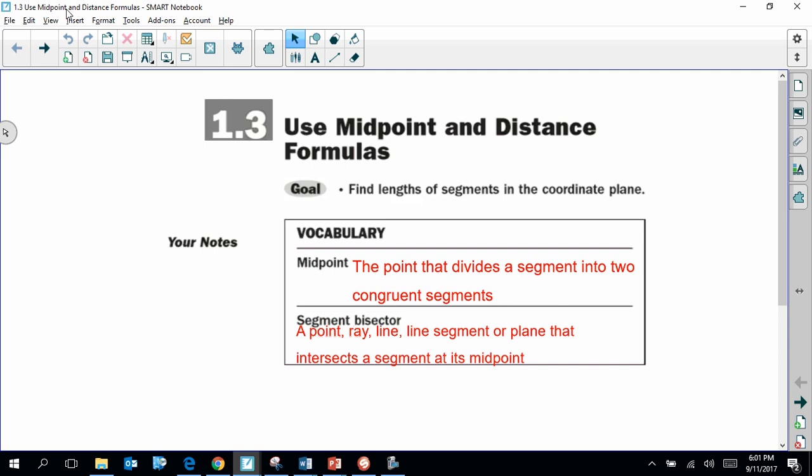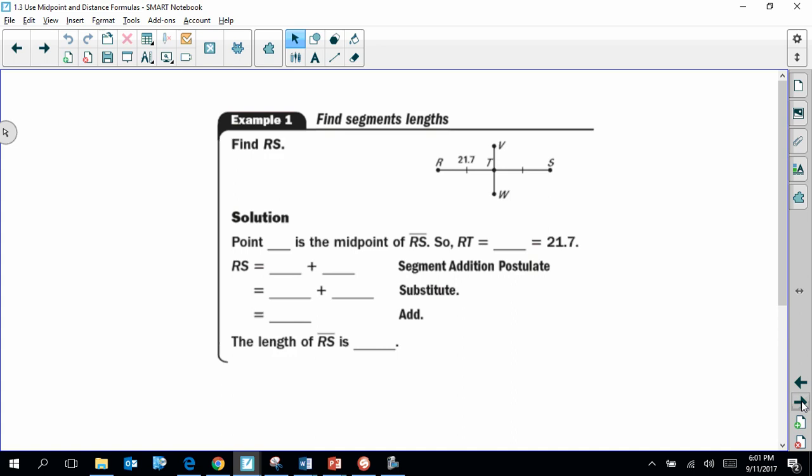So we have a couple of vocabulary terms. Midpoint, obviously, that's fairly self-explanatory. A segment bisector can be a point, a ray, a line, anything that intersects a segment at its midpoint. So it doesn't have to be just a line segment or anything. A segment bisector is literally anything that cuts another segment in half. So moving on,